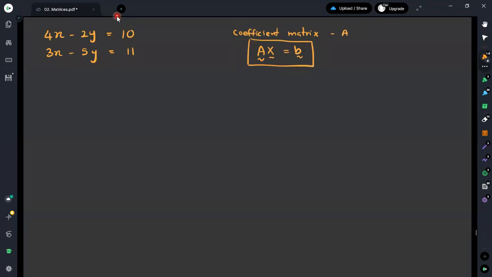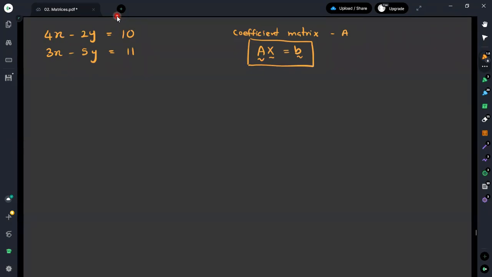If it is initially given in this format, then you can just continue the calculation. Otherwise, you have to align the variables accordingly, and thereafter, in the right hand side, generally we keep all the constant terms. Now you can see all the x variables in the first column, all the y variables in the second column, and all the constant terms on the right hand side of the equation.